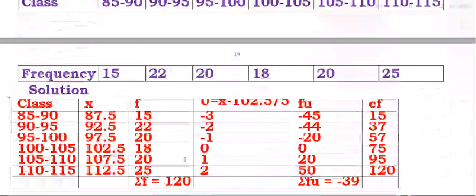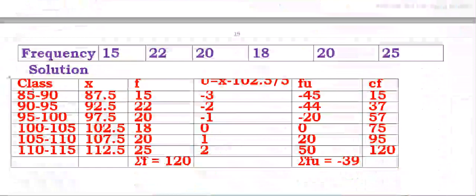Question 35. Calculate the mean and median. For mean we will